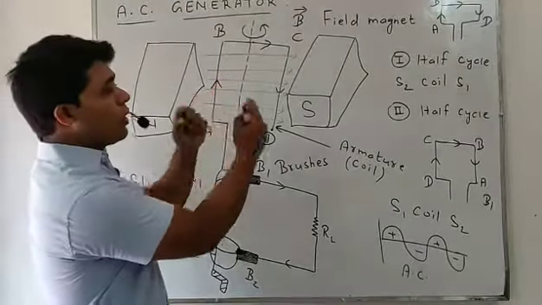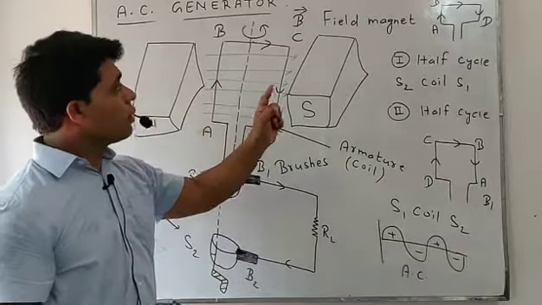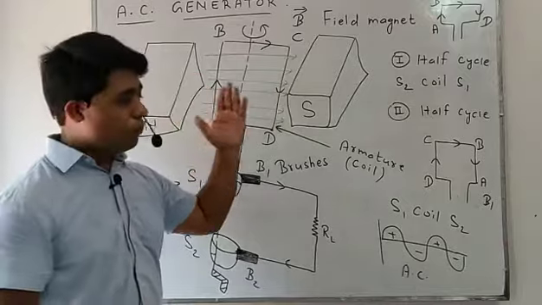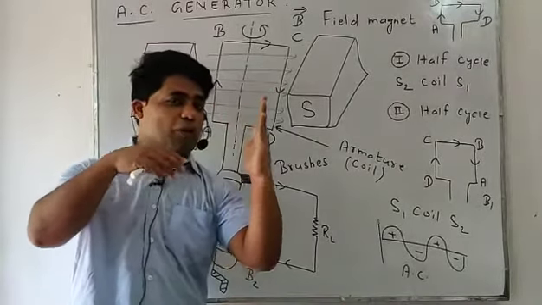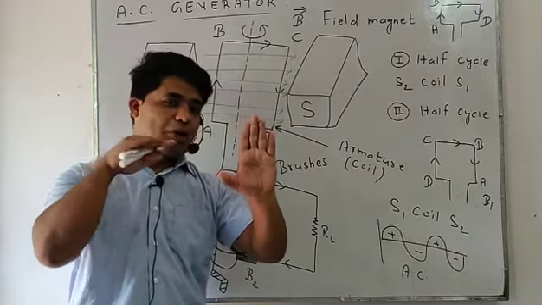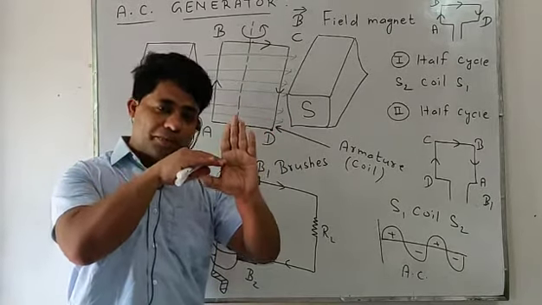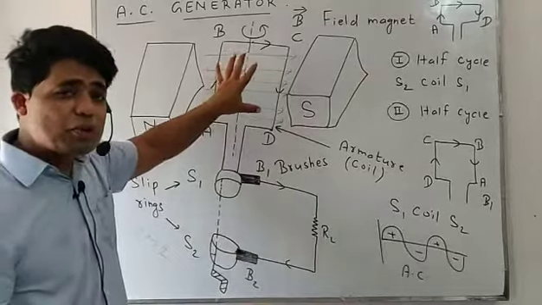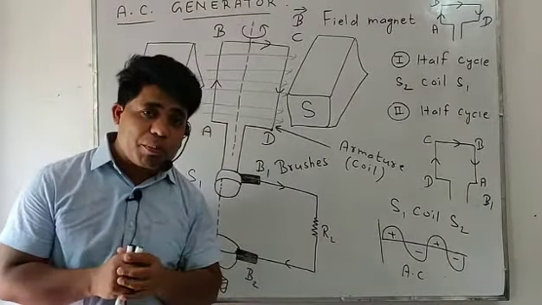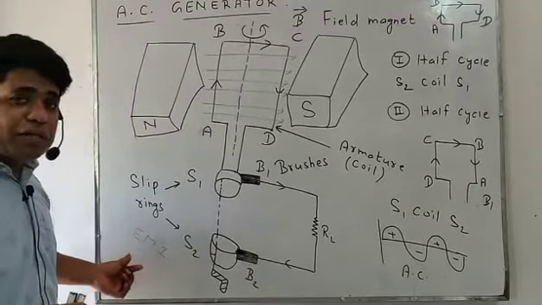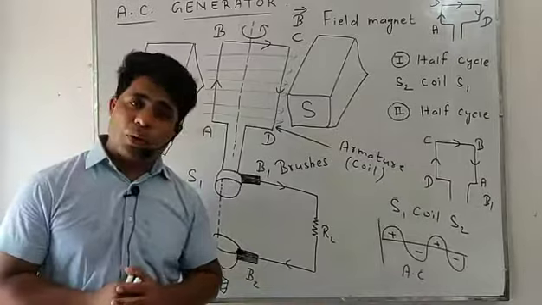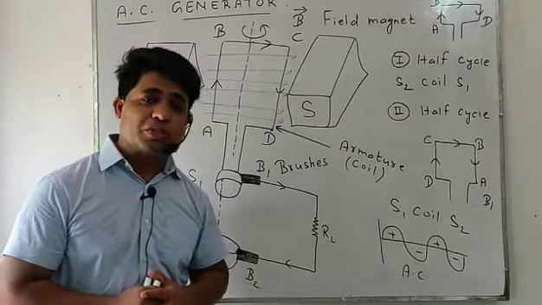When this coil rotates between strong magnetic poles, sometimes the passing flux will be more. When this portion of the coil is in front of the magnet, passing flux will be more, and when this portion comes in front of the magnet, passing flux will be less. Whenever the magnetic flux linked with the coil changes, it produces current and EMF. Such a phenomenon is said to be electromagnetic induction, EMI. On that principle it is based. Okay. Now students, we will discuss the working part.